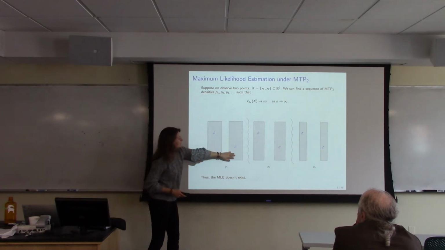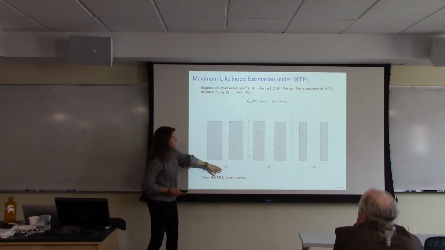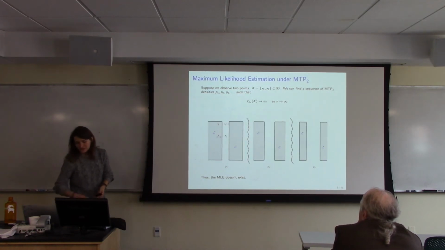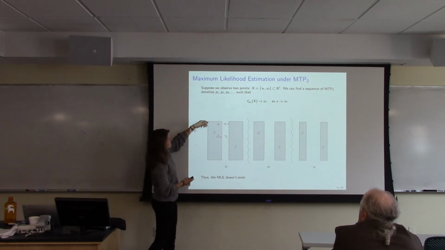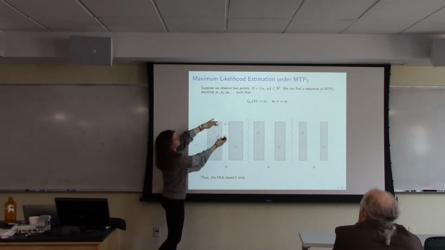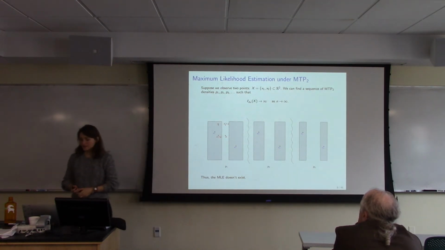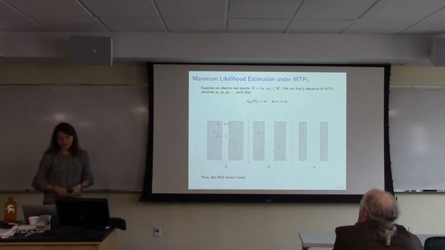We have 2 rectangles, so it's 0 everywhere else and some constant on these 2 rectangles. It's very easy to check this is MTP2 because there are several options for where x and y can be, but if it's like this, then the product of these 2 is 0 and the product of these 2 is also 0, so you're fine, and then there are several more choices, but you can easily see that the MTP2 condition is satisfied